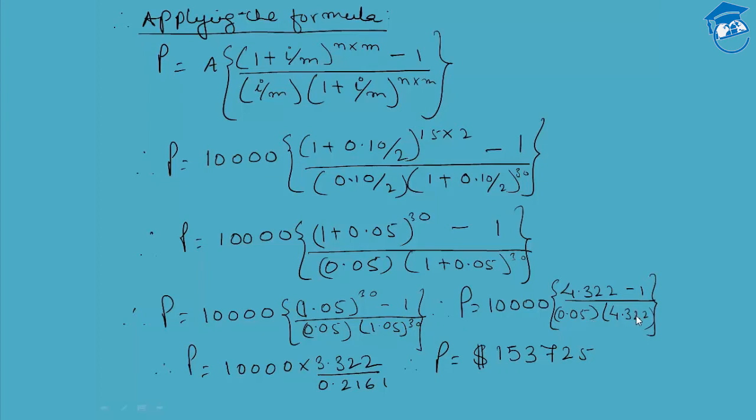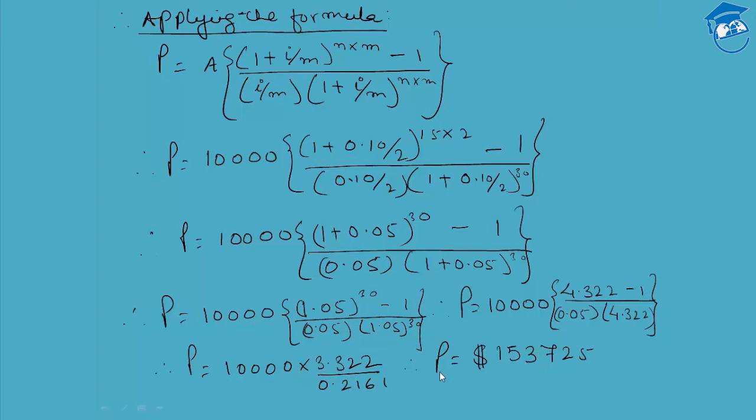0.05 into 4.322. Where did I get this 4.322 from? The question is that where did I get this 4.322 from? So 4.322 is the future value of 5% against $1 for the next 30 years. So that is 4.322. So therefore, P is equal to 10,000 into 3.322 upon 0.2162 is equal to